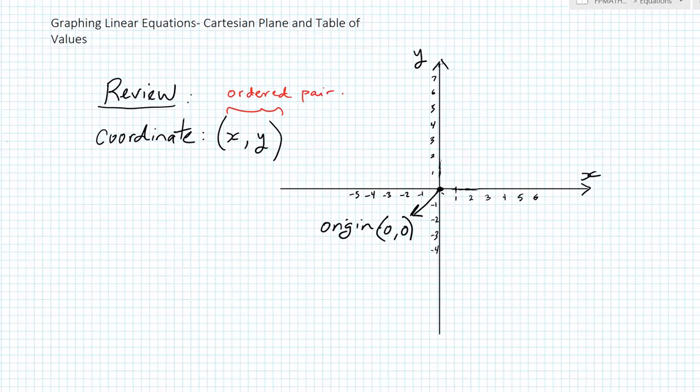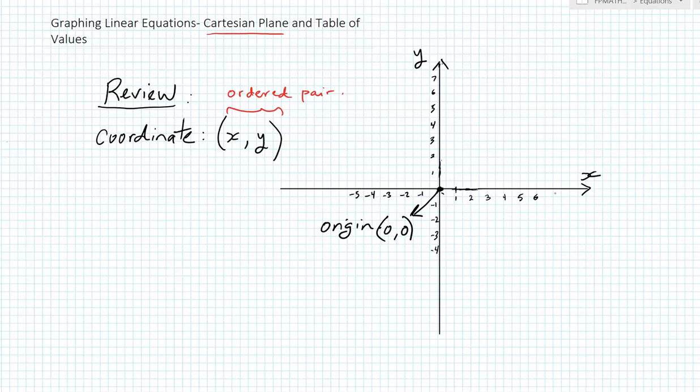Hello everyone. So today we are going to start a new section, and this section is called Graphing Linear Equations. Basically we are going to continue with what we have learned in previous math classes, but we're going to do a quick review. First, the Cartesian plane, which is basically your xy coordinate or xy axis, and Cartesian plane is